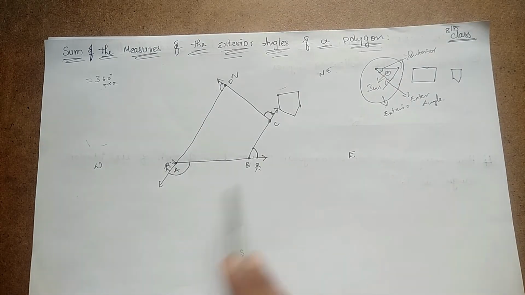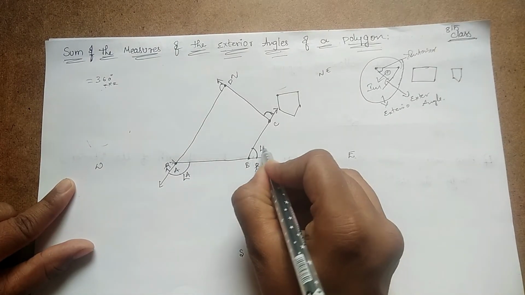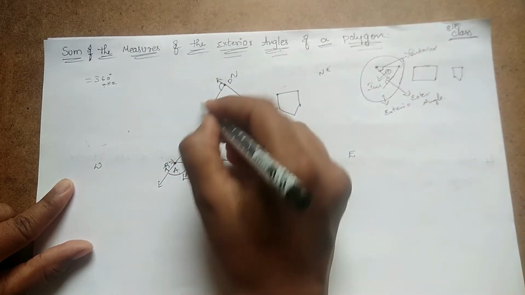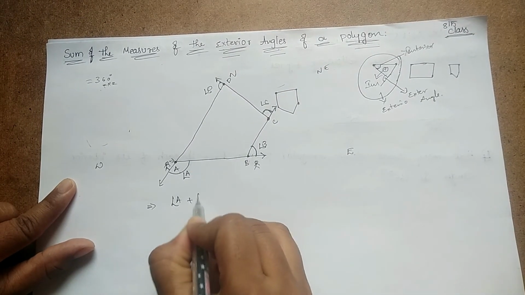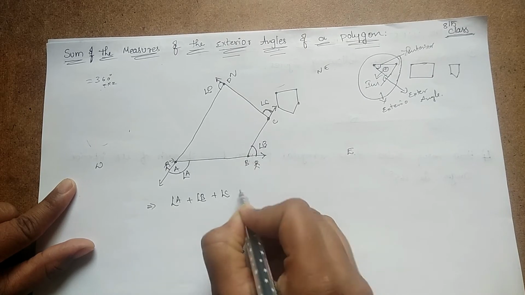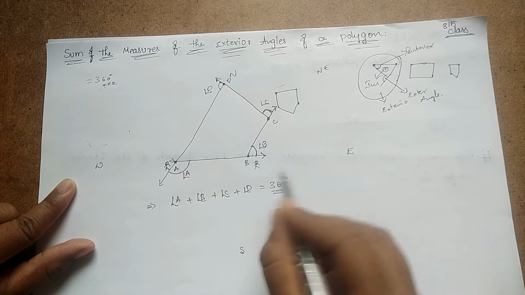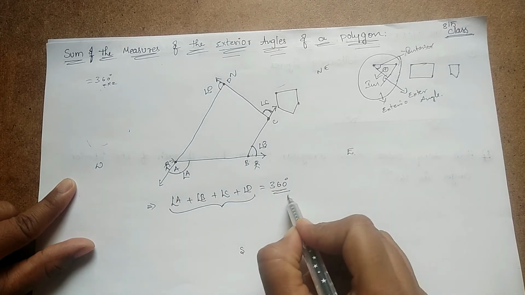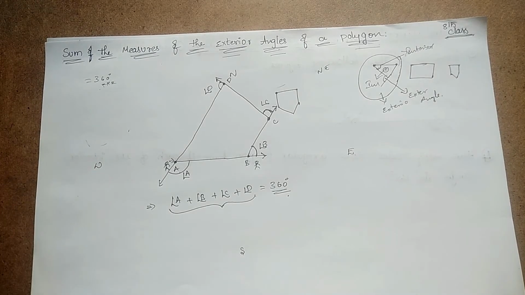This is the quadrilateral. Let this be angle A, this angle B, this angle C, and this finally angle D. So angle A plus angle B plus angle C plus angle D is equal to 360 degrees. This is the theorem. But how are we proving this? I am going to prove it with the help of cardboard, then you will have a 100% chance of understanding this theorem. Okay, let's move to the cardboard.